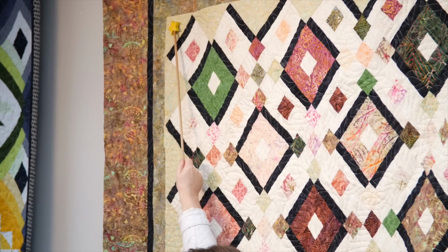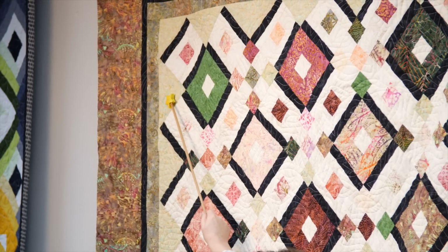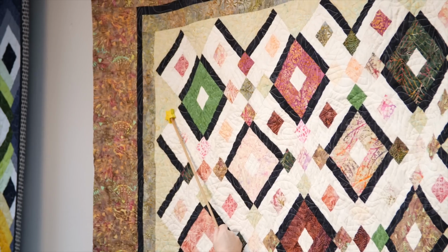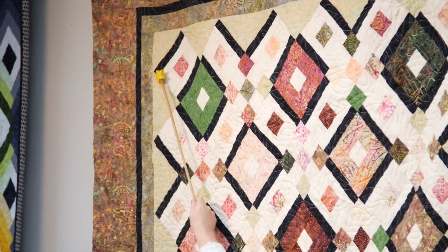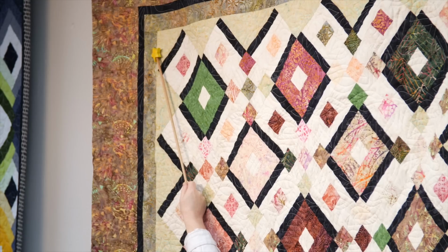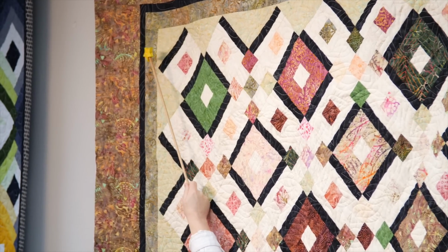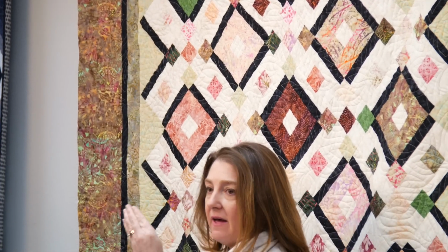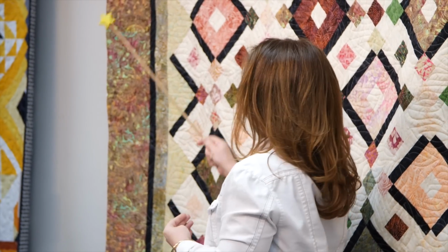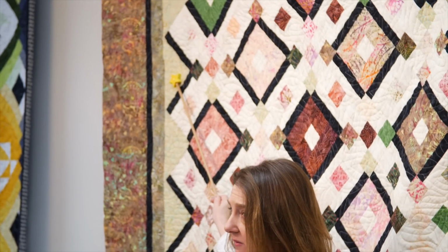This little triangle on the top is different than this triangle. The pattern will tell you. I have always, and I try always in the patterns to say, when you cut your setting, your corner triangles, you need 4 of them. Every quilt needs 4. You pin them together, and you will use them last. The reason I say pin them together is you don't want to accidentally use them as your setting triangle because